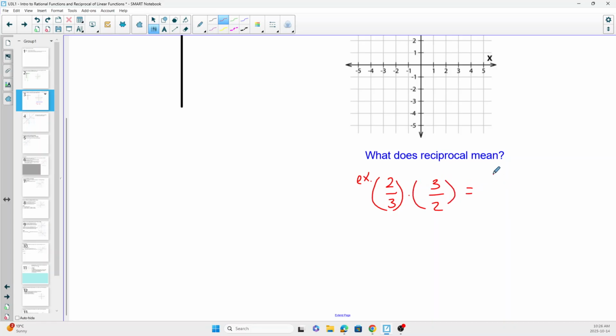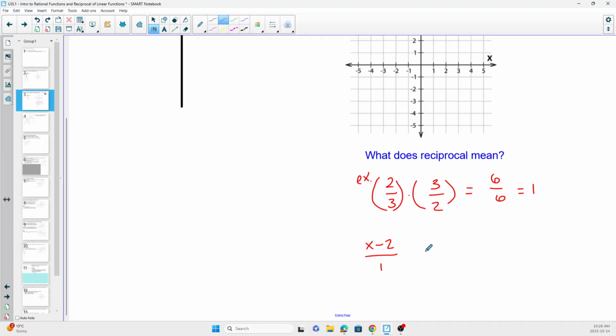2 times 3 is 6, and 3 times 2 is 6, and 6 divided by 6 is 1. So if the original function that we are looking at is x minus 2, technically we know that any whole number, like anything, can be written as a fraction as over 1, and we've not changed it. So if this is the